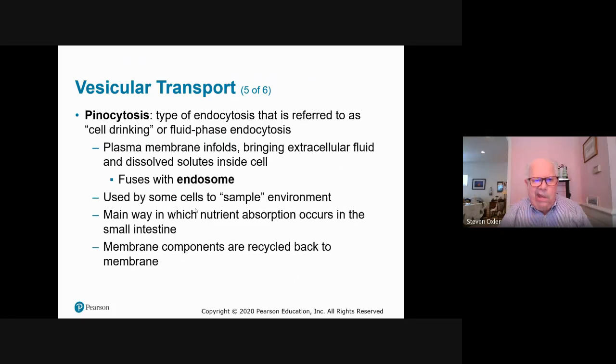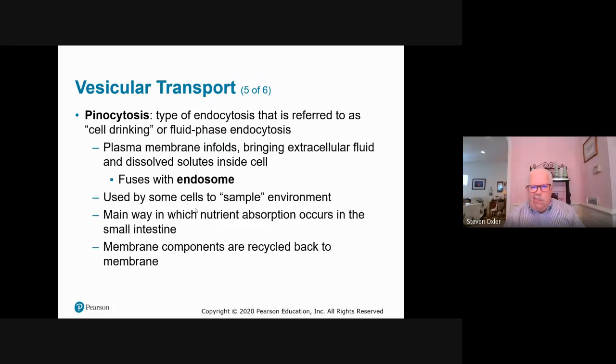Pinocytosis is the bringing in of fluid into the cell, water into the cell. The plasma membrane infolds, bringing extracellular fluid and dissolved solutes into the cell, into what's called an endosome. It's like these cells take a piece of the outside environment and bring it into the cell. It's the main way in which the cell